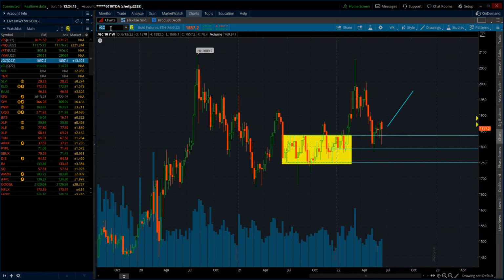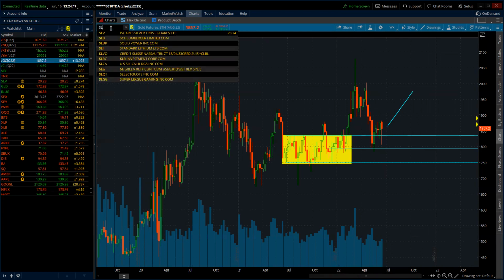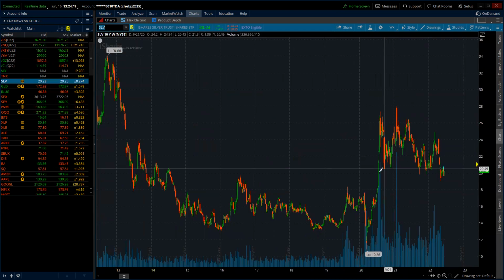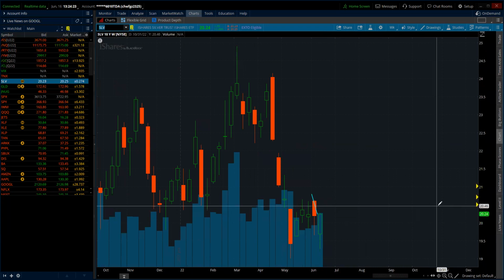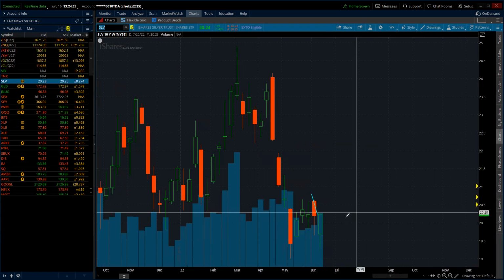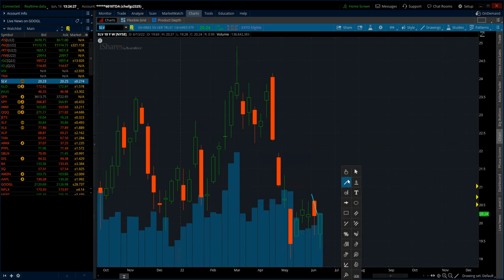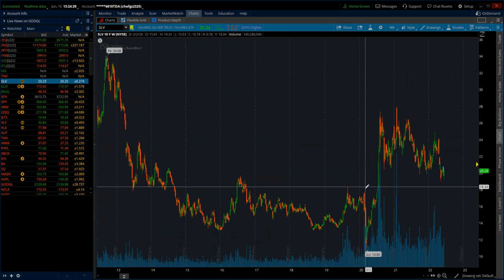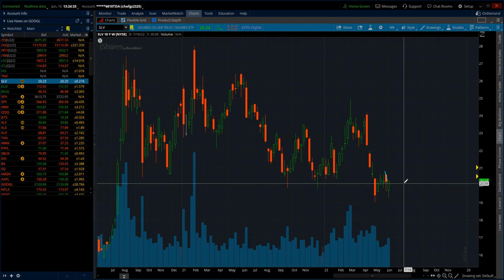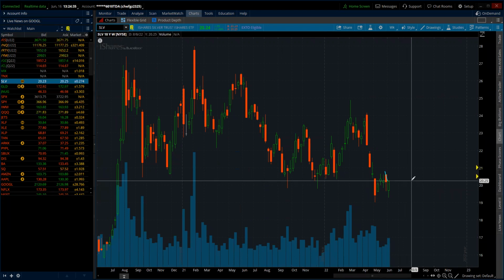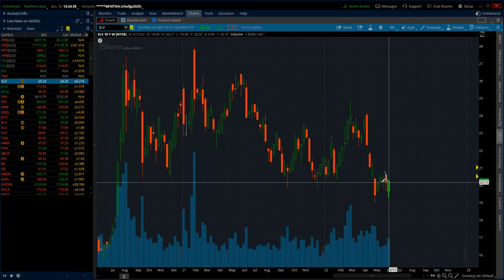Okay, so take a look at gold and also take a look at SLV, which is silver, some of the metals. I think this one may be the next piece to start running. I have alerts right here at 20.50 and then all the way to 21. If this thing breaks next week, I think I will take a position on it. Otherwise, I'm just going to let it do its thing and watch the way that the market moves in the next couple of weeks. So keep alerts on silver.